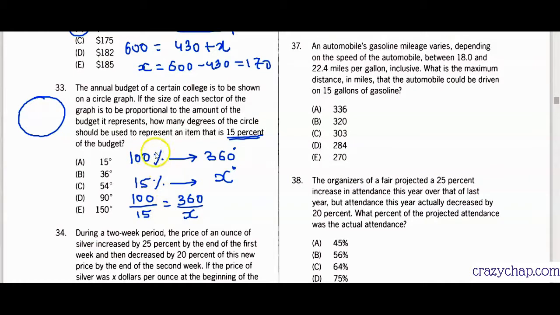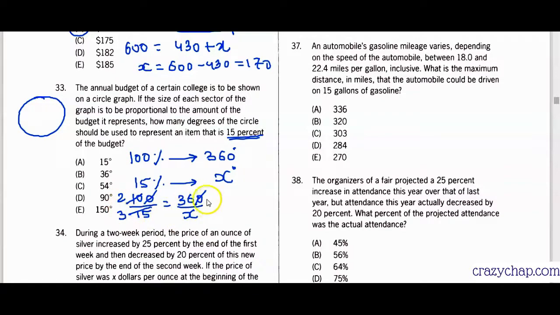If the percentage increases, the degree also increases. If the percentage decreases, the degree also decreases. So that is called directly proportional. And this is how we simply divide both the cases like that. Okay, we'll solve for X now. So the 0 and 0 get cancelled. This side is 10 over 15. We'll simplify it as 2 over 3, since 5 goes into 10 two times and into 15 three times.